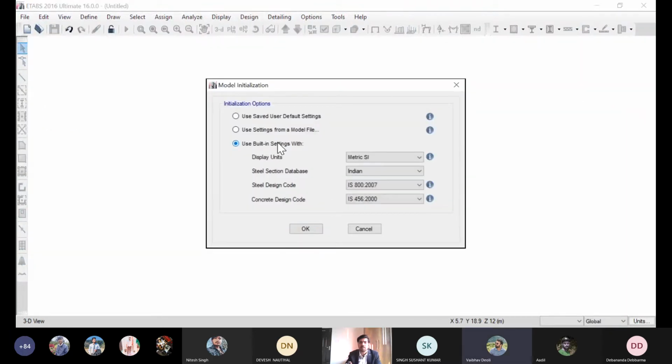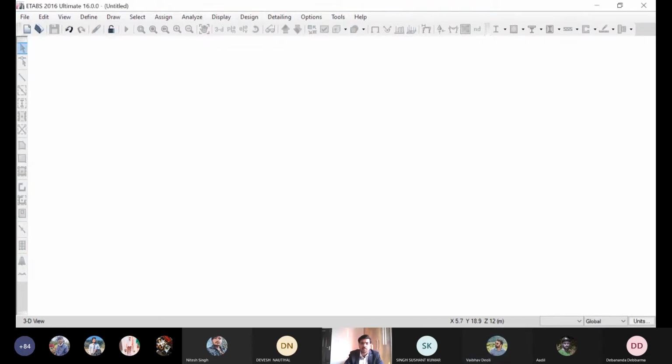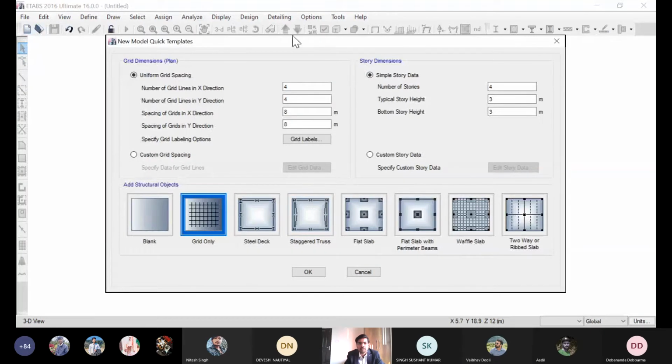So we are going to use the new model. Now this is asking us for the grid lines. The grid lines mean the reference lines. So right now the plan we have chosen has all the grid lines at uniform distance, right? Number of grid lines, spacing of grid lines.